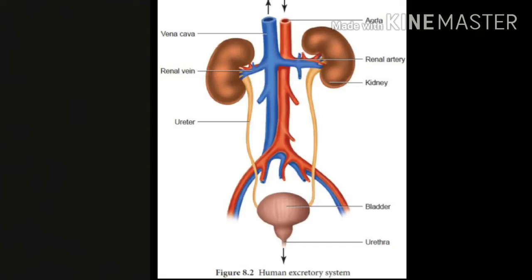There are two kidneys. Kidneys are bean shaped and reddish brown in color. Kidneys are located on either side of the vertebral column in the abdominal cavity. The right kidney is placed lower than the left kidney because the liver occupies the right side. Each kidney is about 11 cm long, 5 cm wide and 3 cm thick. The kidney is covered by a layer of fibrous connective tissue, the renal capsule, adipose capsule and a fibrous membrane.